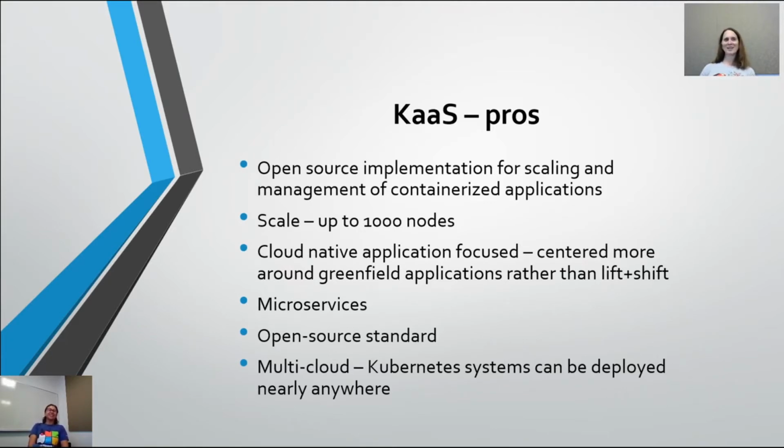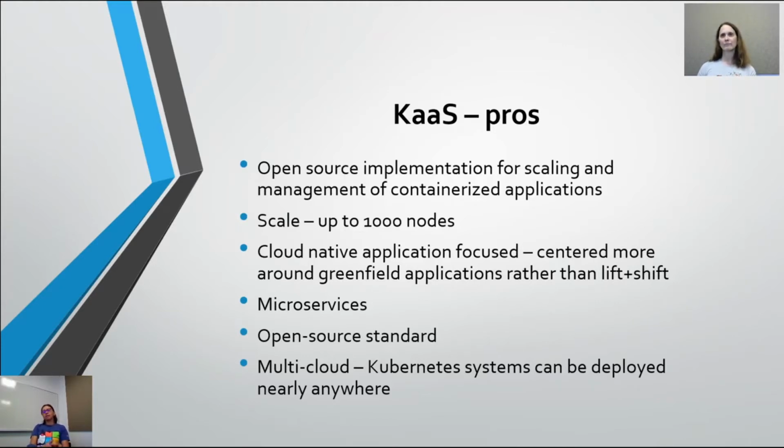I like the cons. So the pros with Kubernetes services, it is an open source implementation for scaling your apps. So it functions similarly to application servers on premise. And since it's open source and it's created to basically work in any cloud, you can take this and move it from cloud to cloud. So that portability is there. You don't have to worry about vendor lock-in. Similar to VMSS, it can scale up to 1,000 nodes.